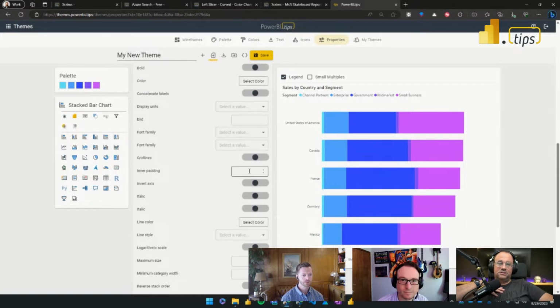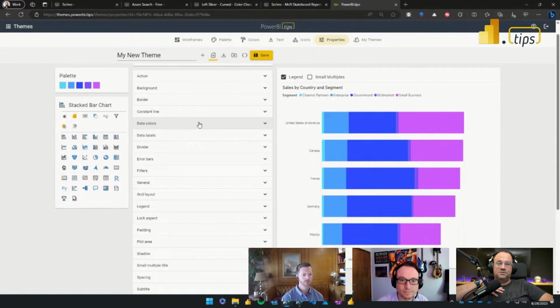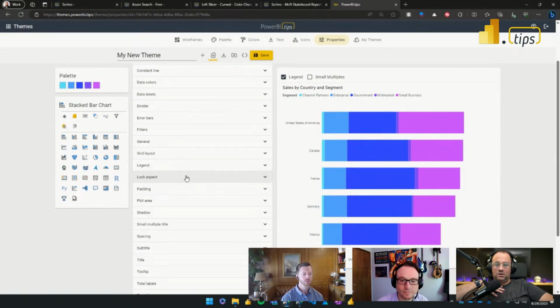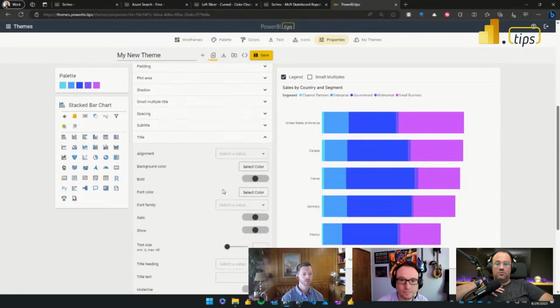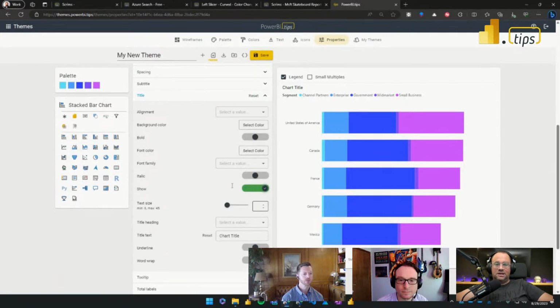You can also adjust styling properties on the visual, on the background images or titles or headers. One thing I don't really love is the default naming for all the titles on the reports. So you can also go into the title section of the report and you can even adjust the title text. Chart title, if I could spell it right, and then you can center that. So we'll make sure we show the title always. We may want to make it bold, and then maybe we'll align it to the center of our